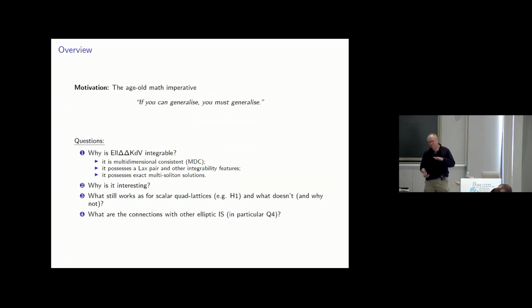So the quad lattice equations, the scalar ones, were pretty well studied. There are lots of things known about them, but not so much about this extension to higher components, and that comes along with the elliptic curve. There's another well-known equation that has an elliptic curve in it, which is in the ABS list, namely the top equation, which is Q4. If I have time, I'll come back to that and explain how it relates or doesn't relate to this